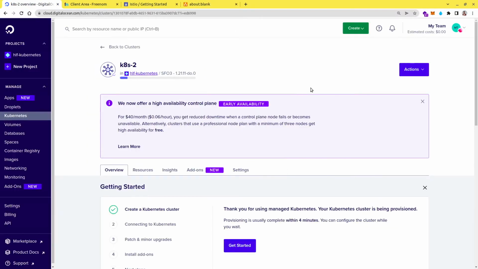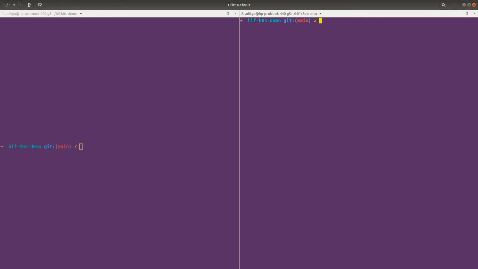So let's see. Yeah, the cluster is in creation. Let me download the kubeconfig file. So the file is downloaded. Now let me open my terminal here. I have already split the terminal into two parts. So this is where our